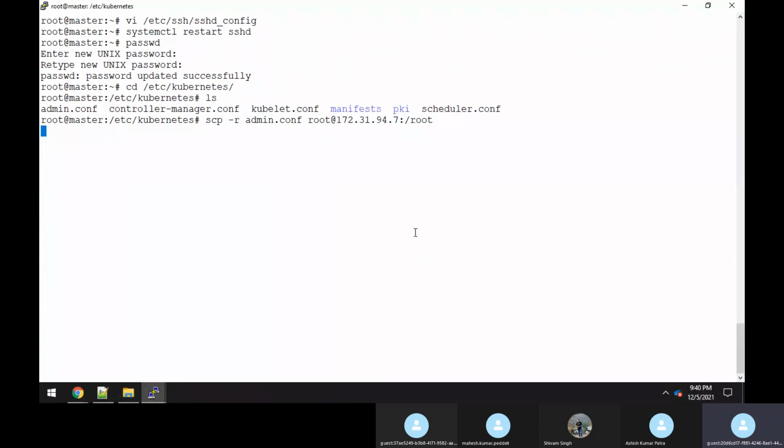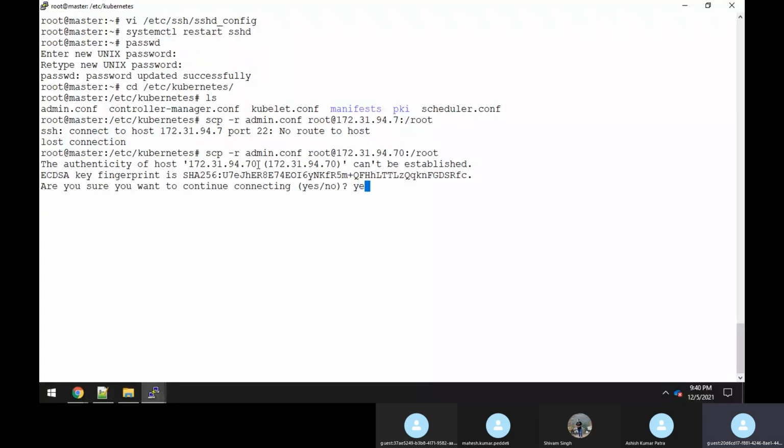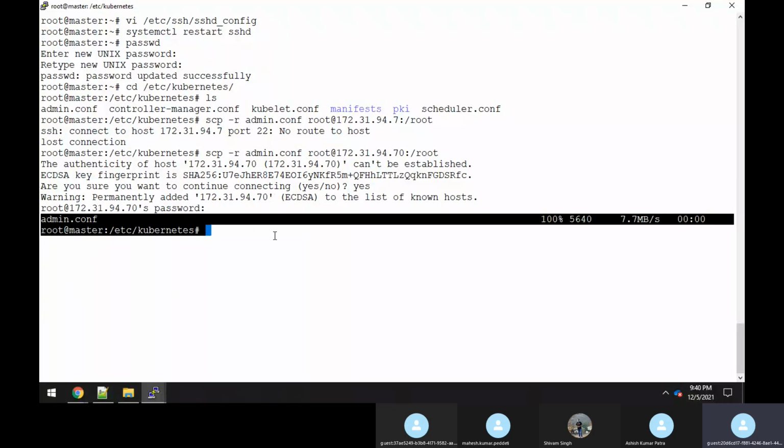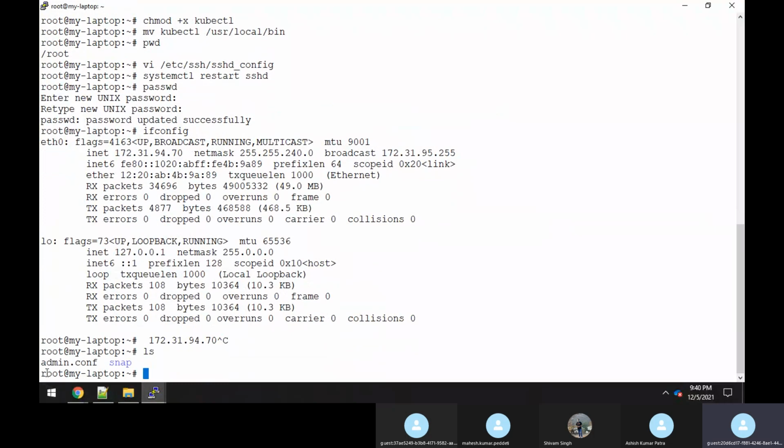Once you do an SCP, a zero got missed. 70, 94.70. Oh, okay. Sorry, I missed it. Yeah, sure. So you're copying it. Say yes, it'll ask for the password. You give the password Red Hat. Now you could see that the copying is happening. See, 100%. Now if you execute ls, you could see the admin.conf file